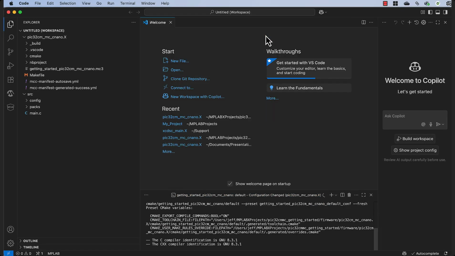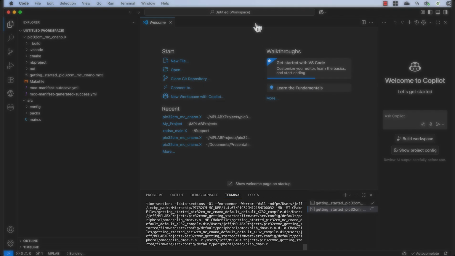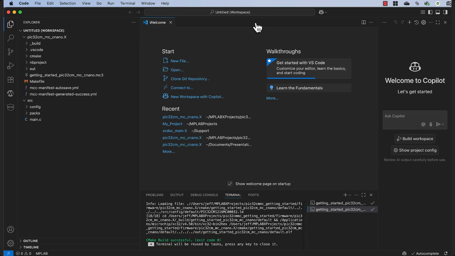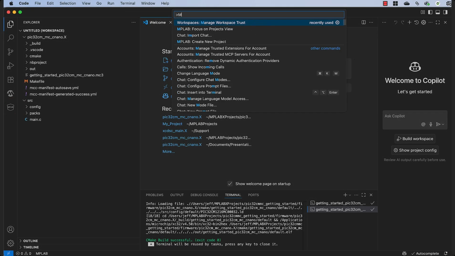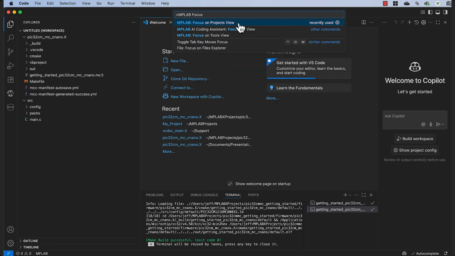Build the imported project, for example by using the keyboard shortcut, then check the output in the VS Code terminal view to ensure that this was successful. To see project information and configuration settings, click the MPLAB icon. Alternatively, start typing the Run command MPLAB Focus on Projects view and select the match from the list or complete